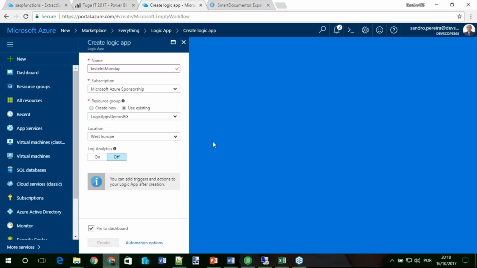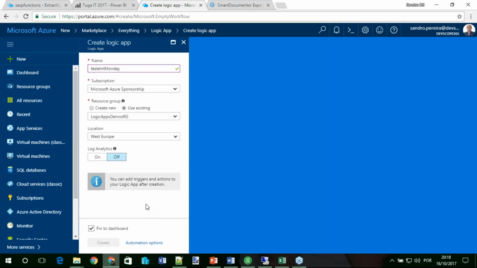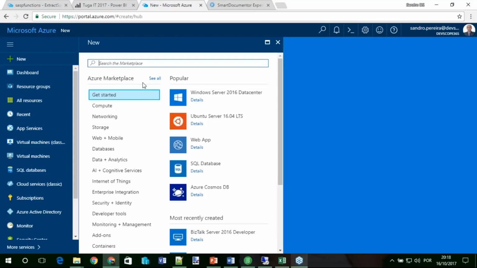Let me see if the internet will help. Simple logic app.